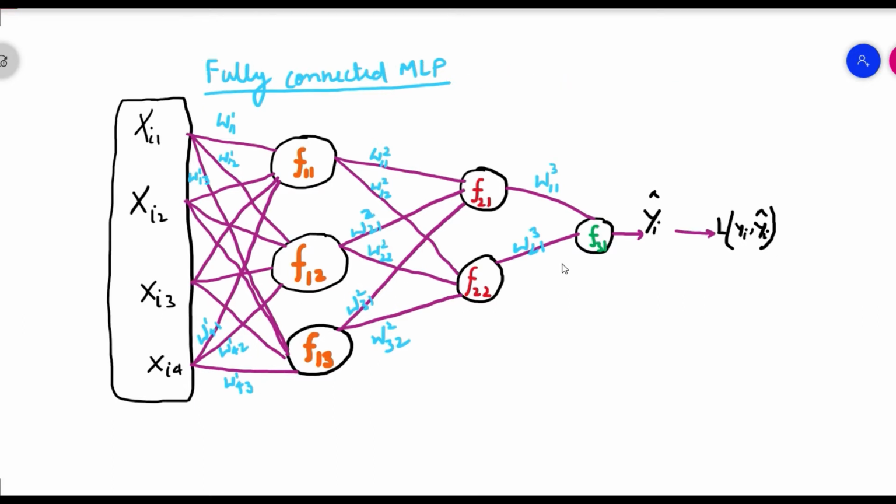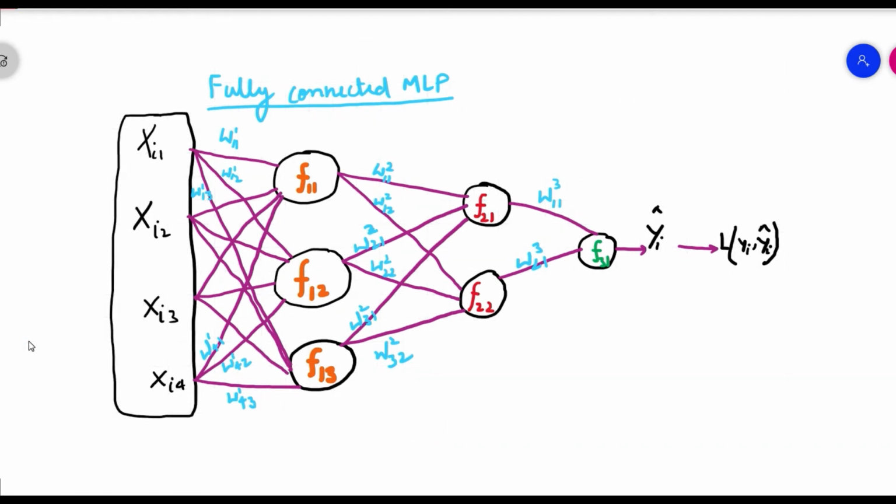So let's start with the structure of a multi-layered perceptron. As already explained, this is how the structure of a multi-layered perceptron looks. First of all, we have the input layer, which we are showing by this rectangle. We are representing a specific data point from our data set, that is xi, and we are assuming that our data set has 4 dimensions or 4 features, that is x belongs to R4. So this is how it is represented.